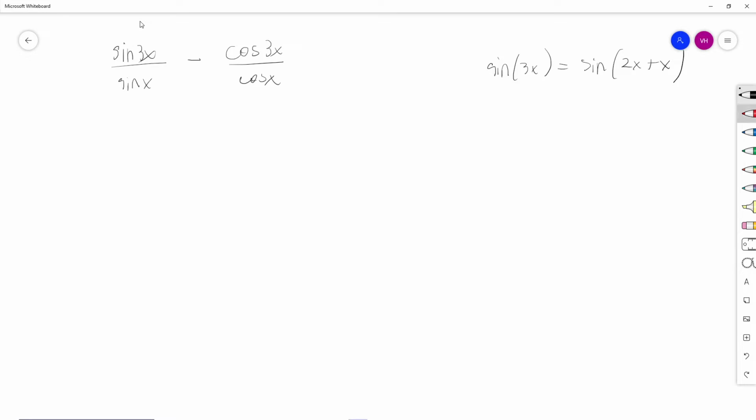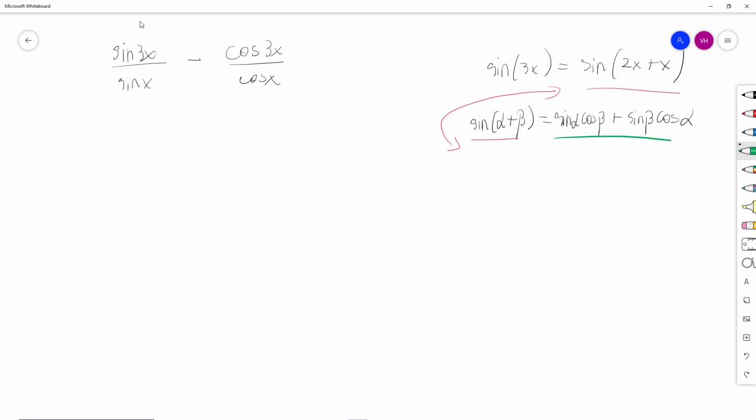But what this form allows us to do is that we know sine of alpha plus beta equals sine alpha cosine beta plus sine beta cosine alpha, right? So we can split up sine of 2x plus x using this rule. So let's do that and write